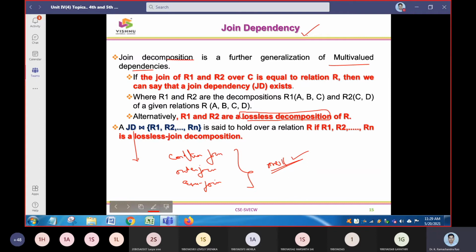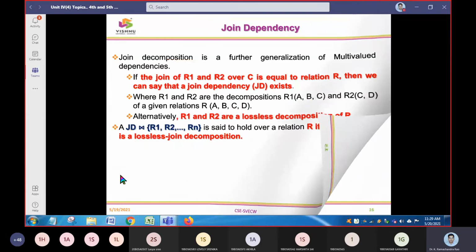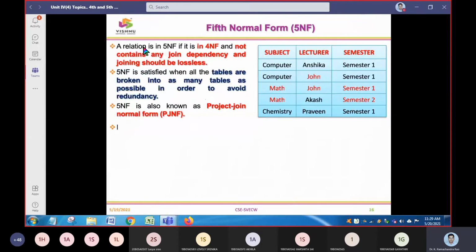To implement that concept, we are going to work with join dependencies. Here we can see a relation with A, B, C, and there is another relation between C and D. When we make a join operation, a join decomposition, JD stands for join decomposition, it says that you mix all the things together. If the item was not found, go with null. That is the primary objective of join dependency.